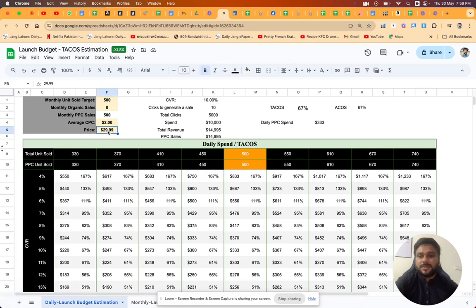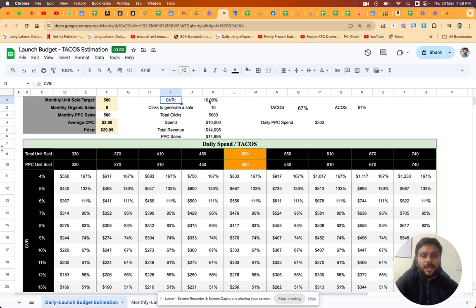This will be the lowest price because we don't have any social proof. We are new in the market, so we will put the lowest price from the market from all the competitors. So let's put the conversion rate. Let's decide that our product will have a 10% conversion rate because I'm running this product for more than 1